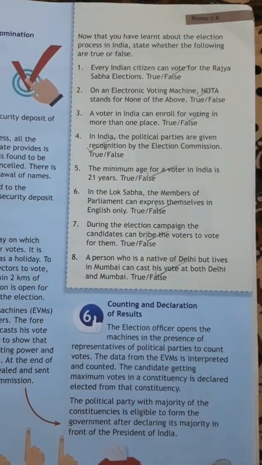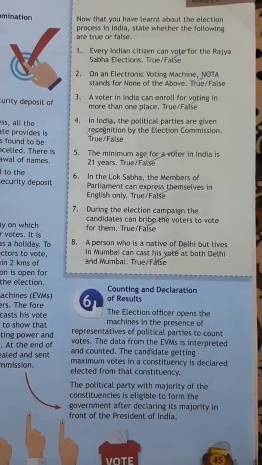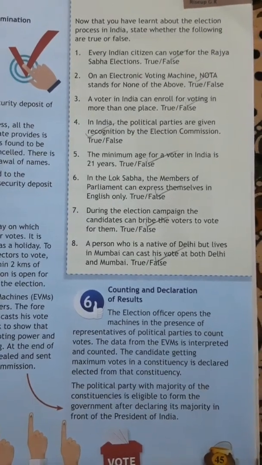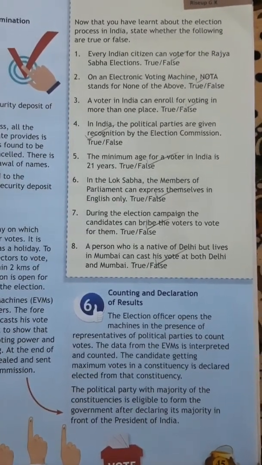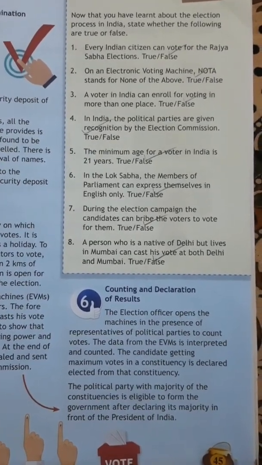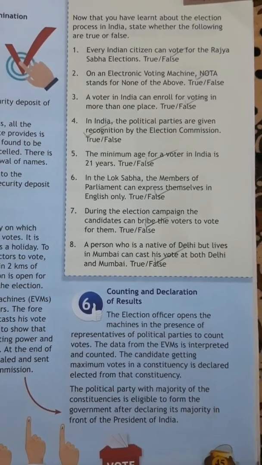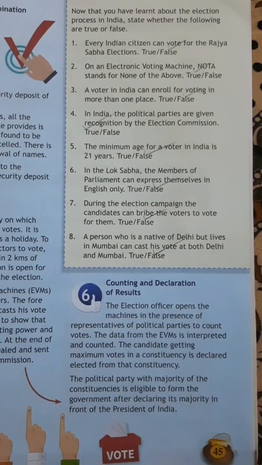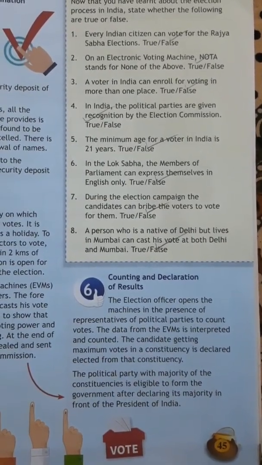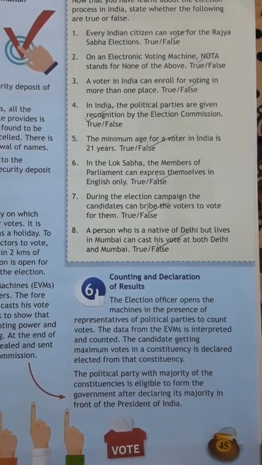The last process, counting and declaration of results. That is, the election officials open the machines in the presence of representatives of political parties to count votes. The data from the EVMs is interpreted and counted. The candidate getting maximum votes in a constituency is declared elected from the constituency. The political party with a majority of the constituencies is eligible to form the government after declaring its majority in front of the